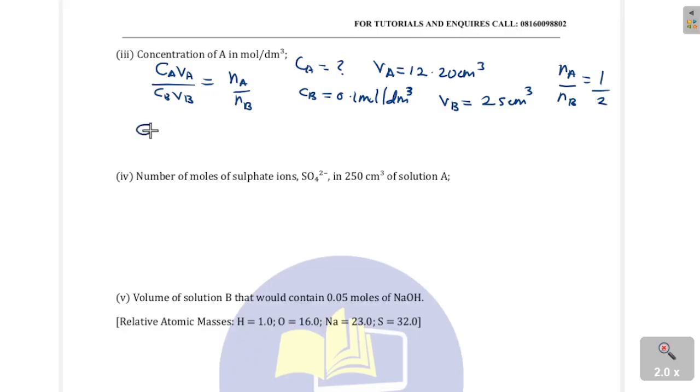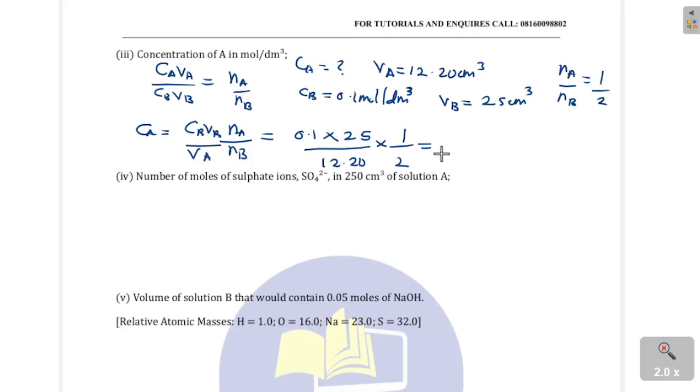If you make Ca the subject, you are going to have Ca equal to CbVb Na over Nb, then divided by Va. This will be your concentration of acid in moles per dm cube. So Cb is 0.1, Vb is 25, Va is 12.20, and our Na over Nb is 1/2. So all we need to do now is punch the calculator